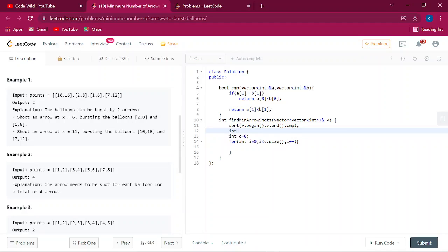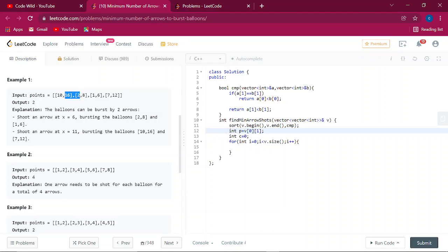So for that, let's take a point value int p, and let's fix v of 0 comma 1 as the fixed value, because we have to check, right? We have to check using this value itself. We have to point this value, and we have to check with the other value if this is greater than the next first value.